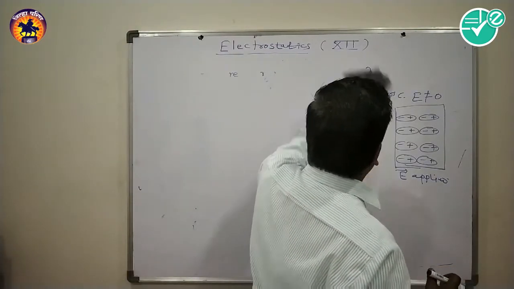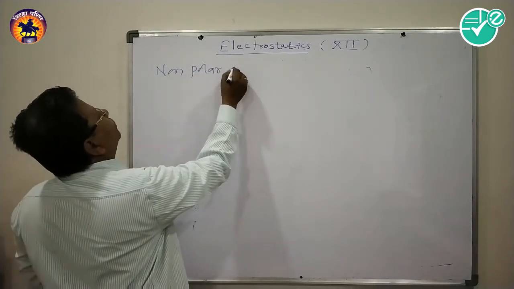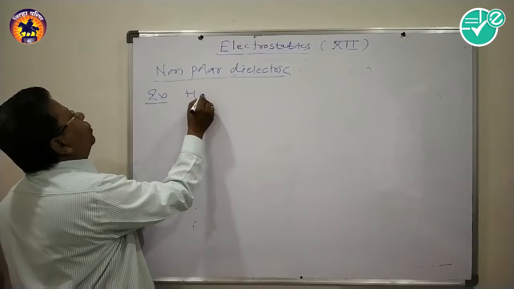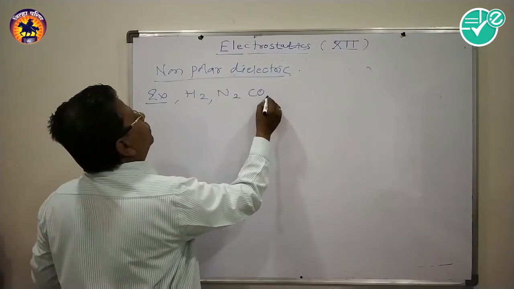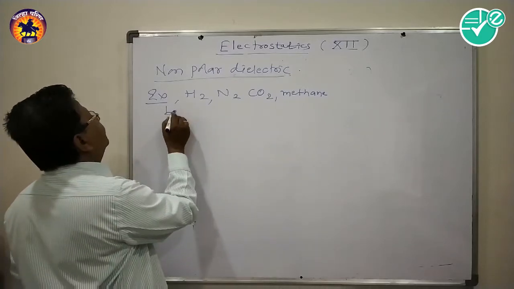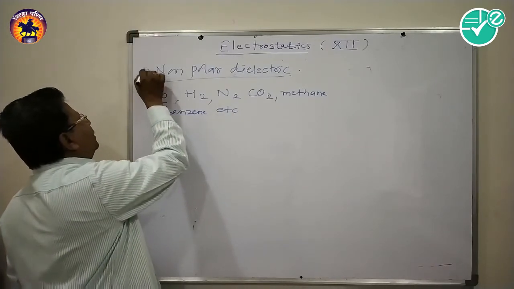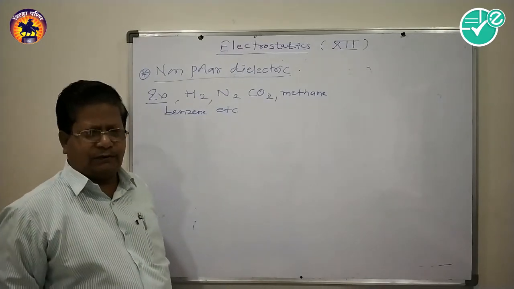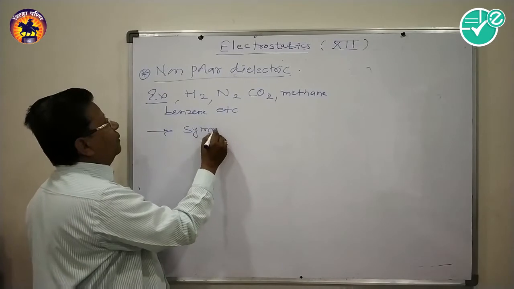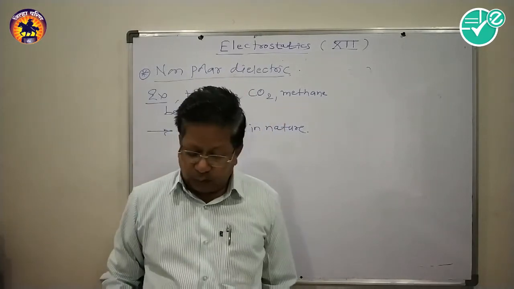The examples of these non-polar dielectrics are H2, N2, CO2, methane, benzene, etc. From the examples of non-polar dielectric substances, we observe that these substances are symmetric in nature. So H2, N2, O2,